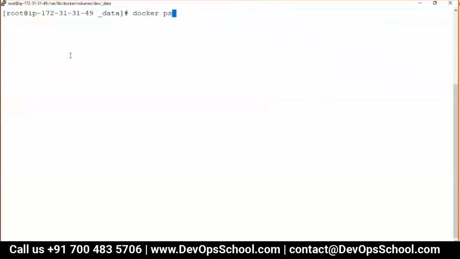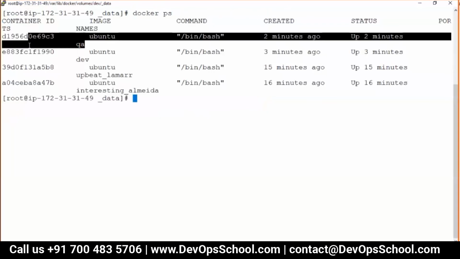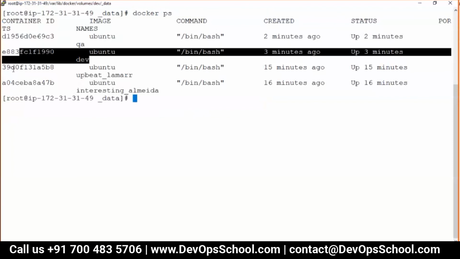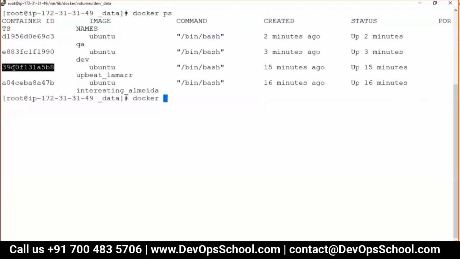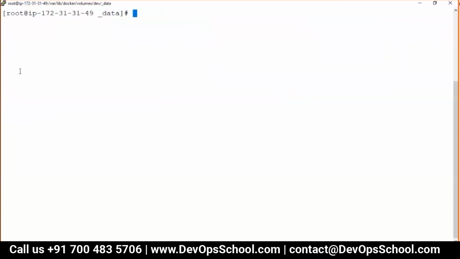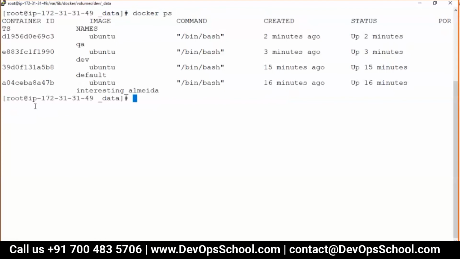Here this is the QA network, this is the dev network. Can I rename this one also as default network? So docker rename this container default, okay, docker0. And now I think I have three containers, three networks, and done.